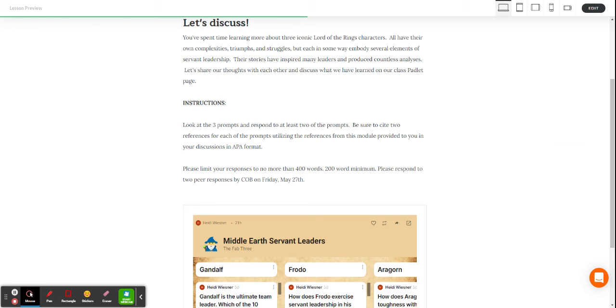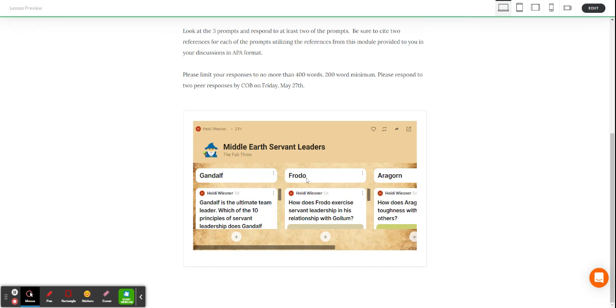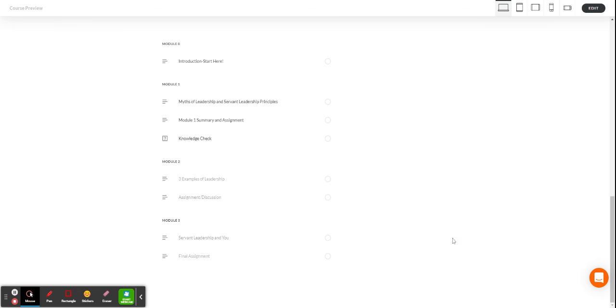Module three's assignment lets the students take all of the resource information and apply that to the discussion, which asks them to analyze the characters and how they particularly exercise servant leadership on the class Padlet. And finally, for Module 3, there'll be a recap of the information presented, and the final